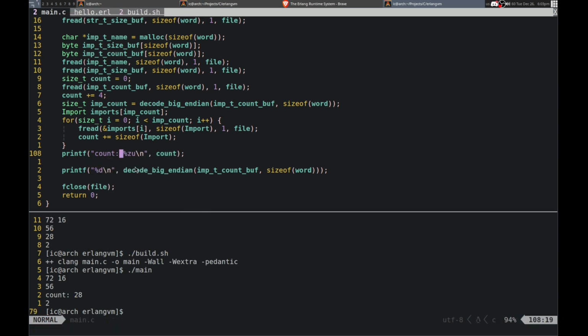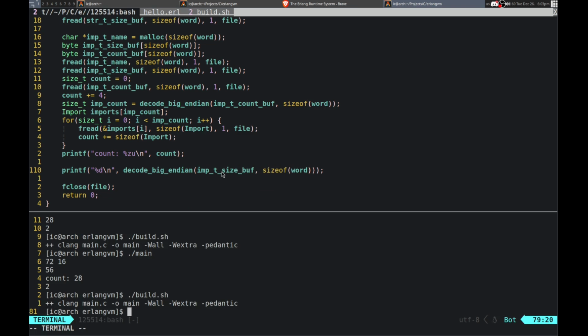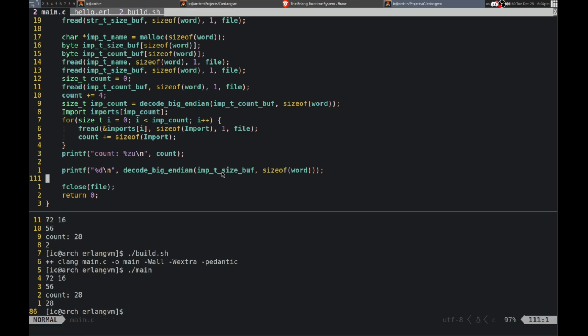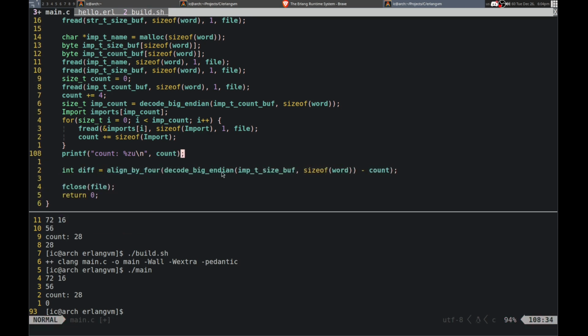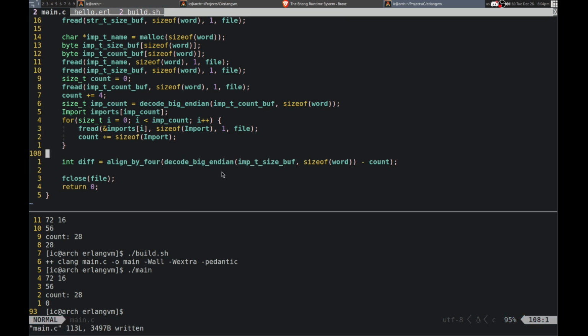Count is 28. Okay. And then the size is what again? Let's see. Because that is how much extra we have to do. So I think it was 28. Yeah, so we read the same amount. But we need to still figure it out. So we need that. Minus. Okay. And then we just set this to the difference. Equals that. Okay, and then fourth arithmetic done finally. Nice.